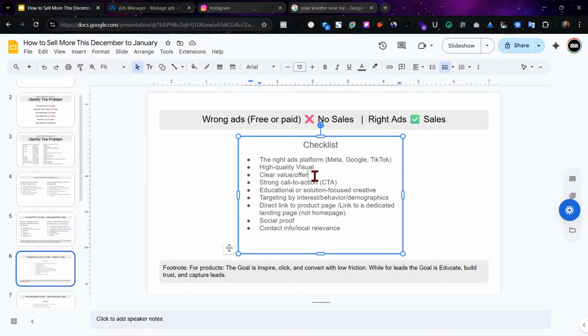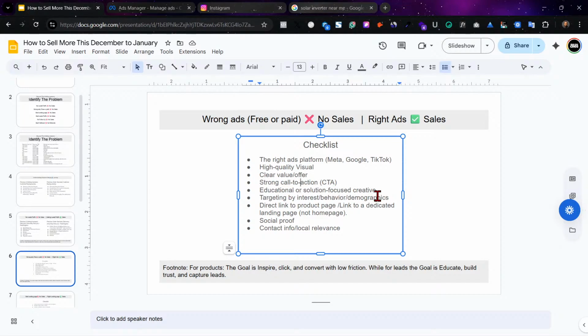So now, the next thing is clear offer, meaning you have to be clear. For this video, you could understand that when you saw the ads, I was talking about how to run ads and get more sales. It was very direct, and I kind of knew who I was targeting. Then your strong call to action. Call to action you can test. Either learn more, book now, whatever your call to action is.